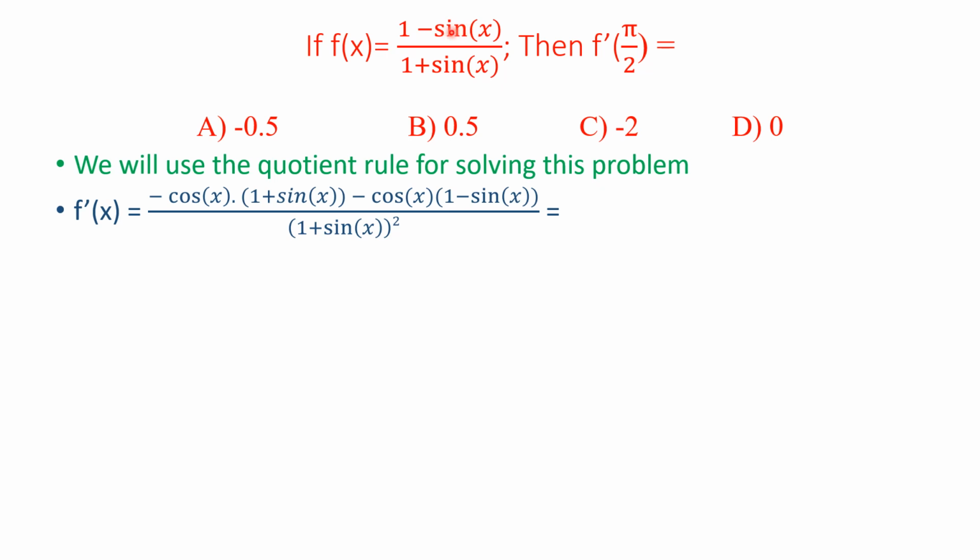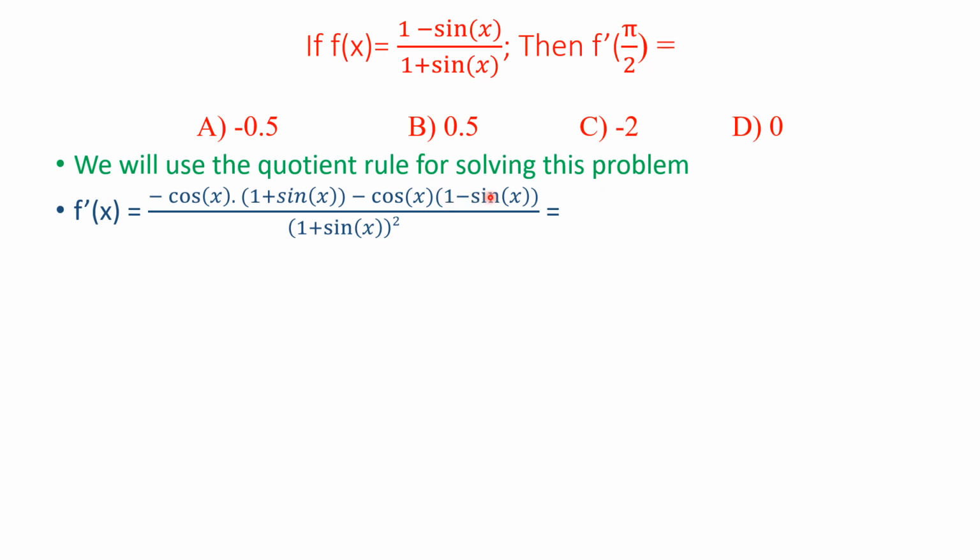The derivative of the numerator will be cosine x, but there is a negative sign, so we'll keep the negative, multiplied by the denominator, which is this, and then we should subtract the derivative of the denominator multiplied by the numerator. The derivative of the denominator is cosine x, so the sign will stay the same, multiplied by the numerator, which is 1